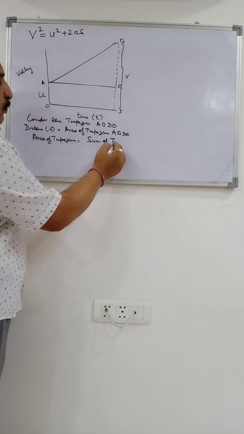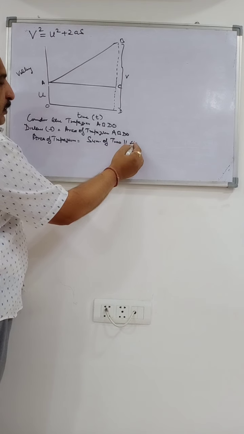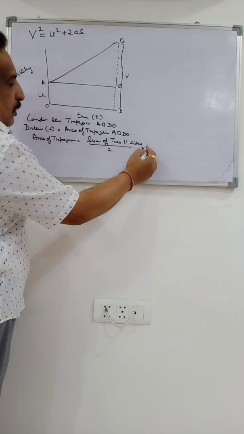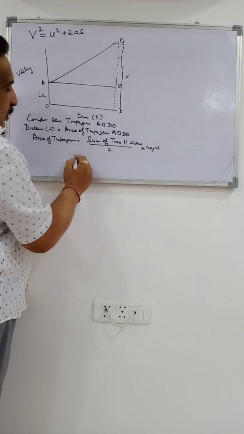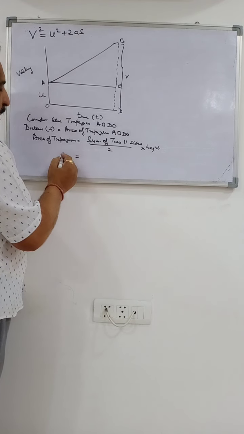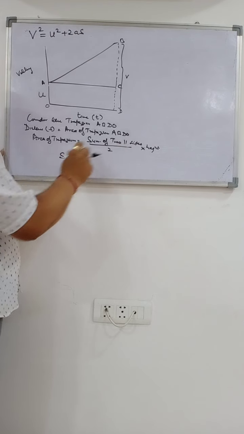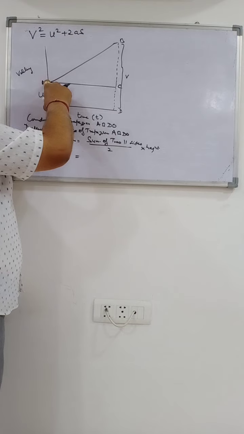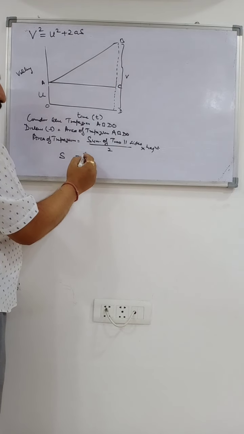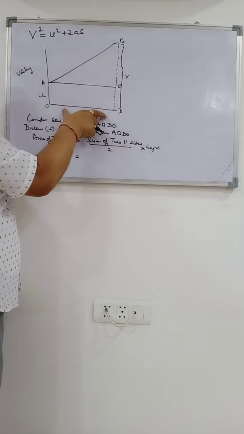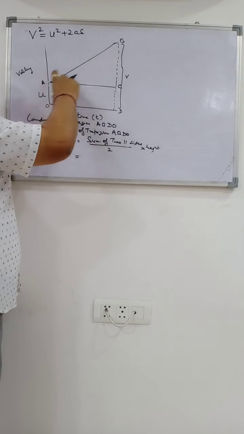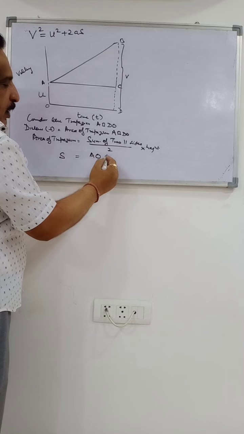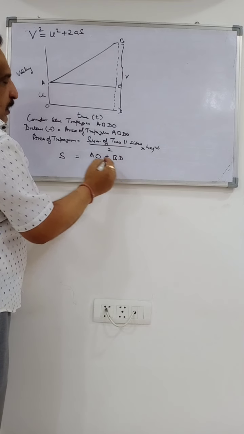Sum of two parallel sides. This is parallel, this is parallel side, divided by 2 into height. So what will be S equal to? Sum of two parallel sides. Which are the two parallel sides here? AO plus BD. ये दोनों पैरेलल है और ये हाइट है. AO plus BD. So sum of two parallel sides is AO plus BD